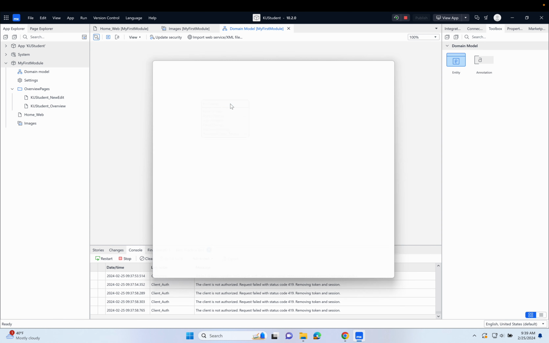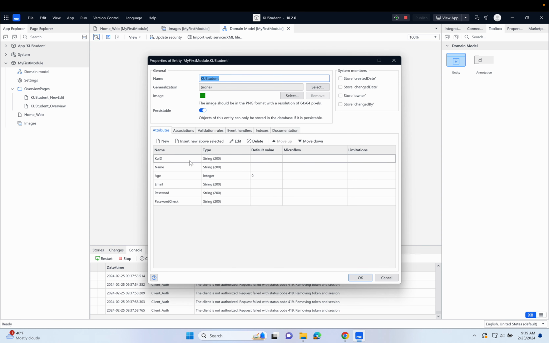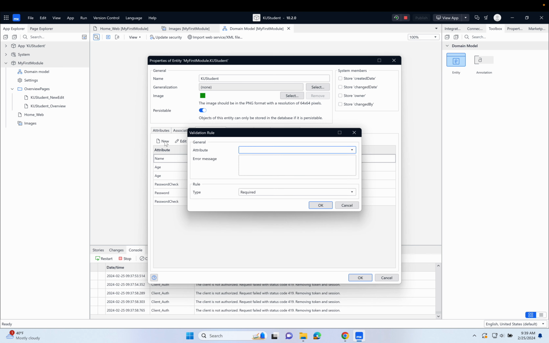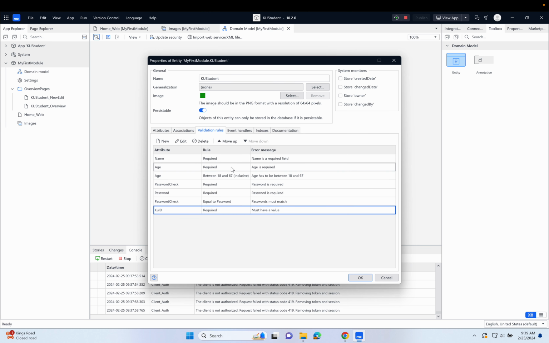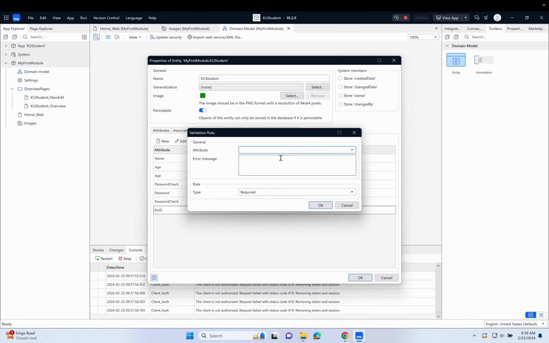We have our unique identifier, KUID. So let's add some validation rules to that. First off, we could say KUID must have a value. We could make it a required field, but there are some other things that we could do with KUID. For example, we could say that KUID, and one of the ones here is